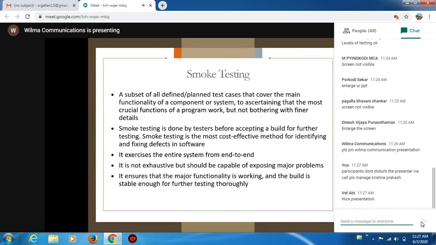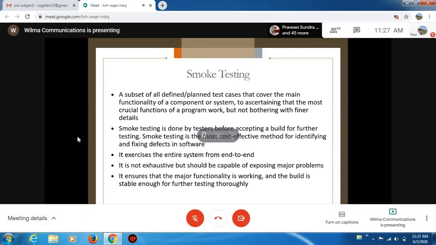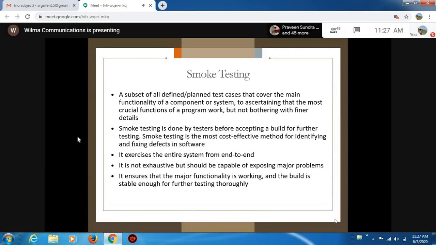We have positive testing and negative testing. Positive testing is how the system should work. Negative testing is how the system should not work. So let me take the same example of my ATM. I want to validate whether the ATM machine is working as per the client requirement or not.